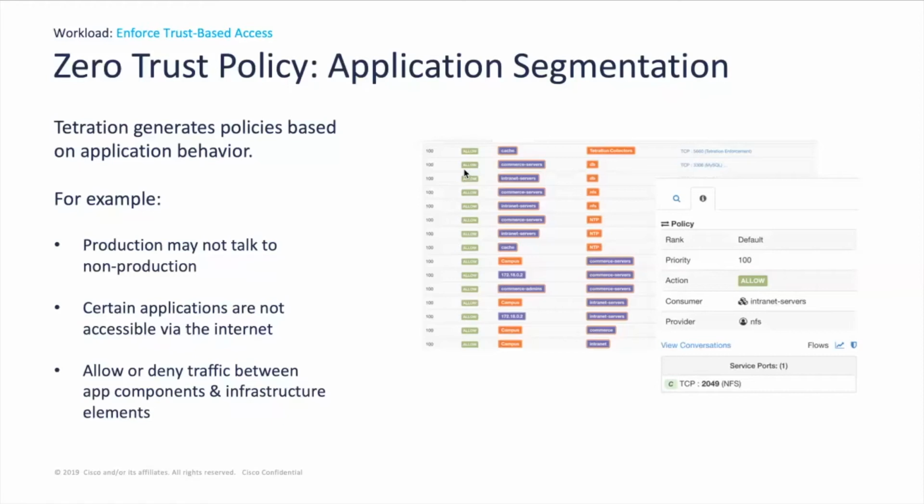Does your production talk to non-production? If it does, great. Who are those devices? If it talks to someone outside that list of non-production devices, I need to know who those are, or learn by machine learning who those devices are, so I can set a lower priority on them. And what is the overall action I want: allow or deny traffic within those applications and infrastructure elements, to be able to determine, do I need to automate this? And if it does this, do I have an automation tool that will block that, or segment those tools, or